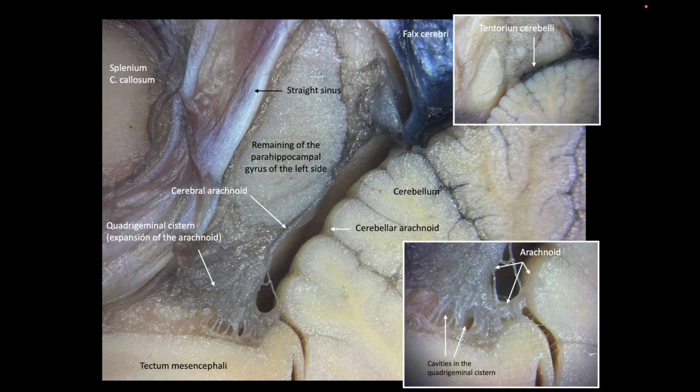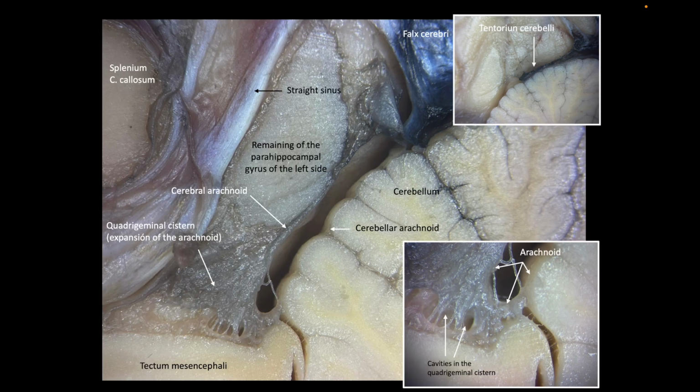Here is a midplane section, so not really a midplane because you can identify the remaining of the parahippocampal gyrus of the left side on the right side, but it's mostly at the midplane. So you see the cerebellum, the tectum mesencephali, and as you see, this arachnoid membrane extends towards the top of the mesencephalon, and in there it forms this collection of trabeculae that